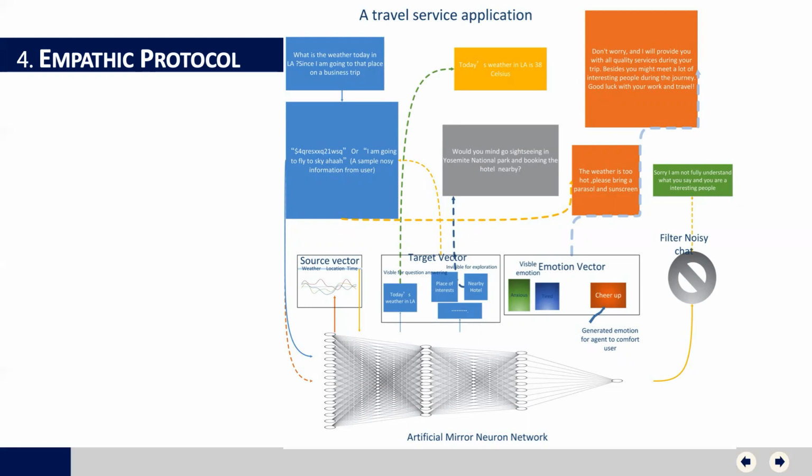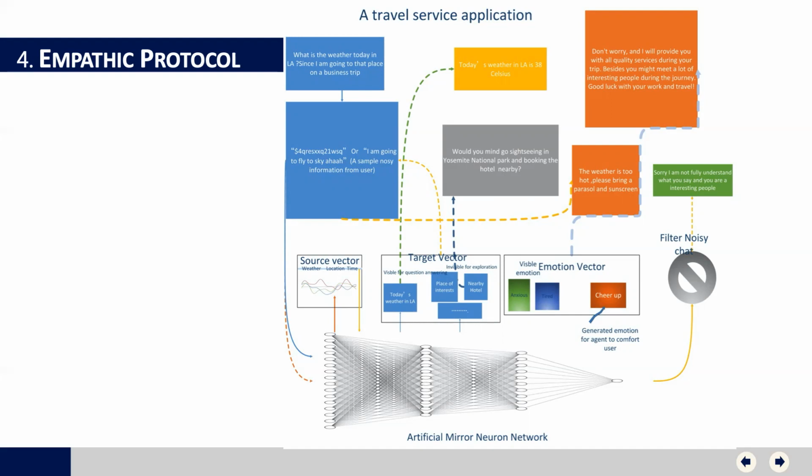The definition of protocol flow is information exchange and transfer between users and the artificial mirror neural network at the bottom of this picture. The top part of the diagram is the user interface. The left side is the user response, and the right side is the agent response, while the bottom is the artificial mirror neural network, which receives and deals with the initial utterance from the user by splitting the original utterance into three main vectors: source vector, target vector, and emotion vector, as well as a filter to respond to a noisy